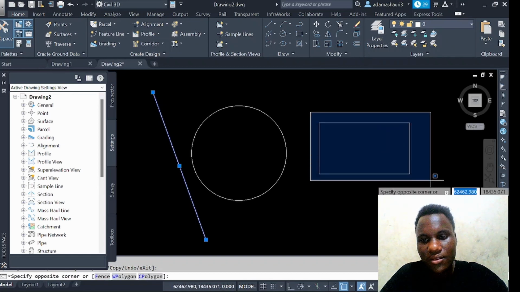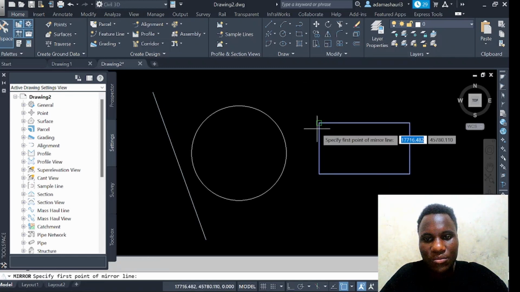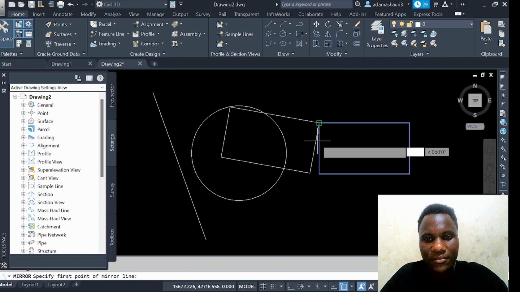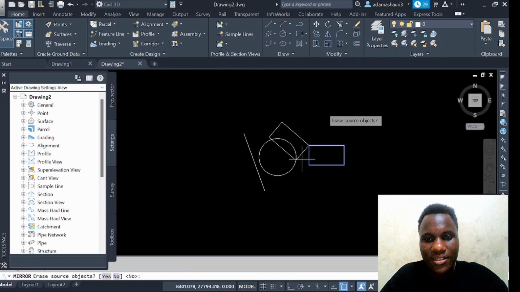If you want to mirror, you can highlight this one and then you say mirror. What do you want to mirror? In the left side. Okay, mirror from there to where? Maybe to this side. Can you see? All right,